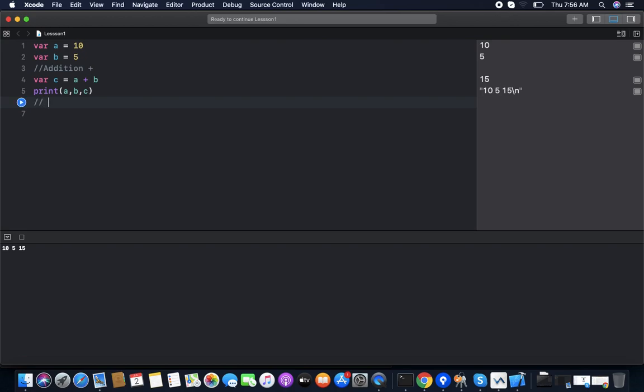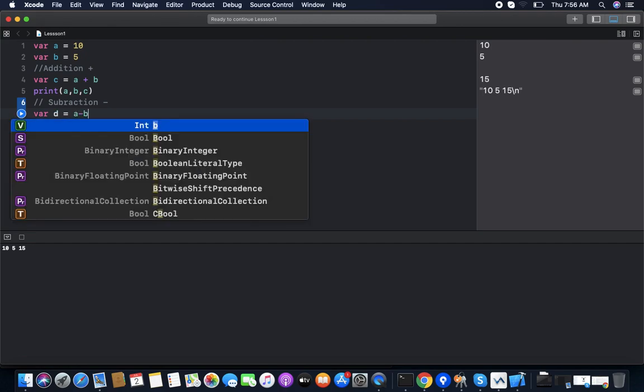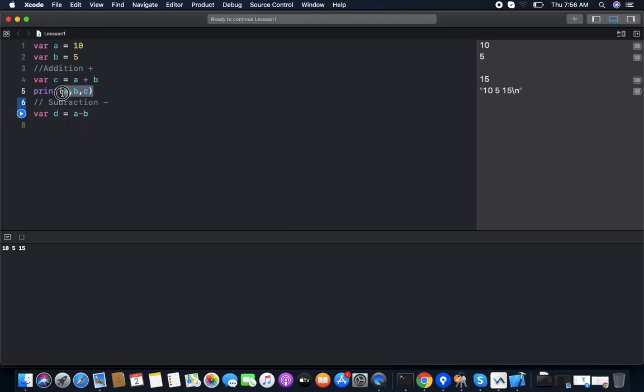Now if we are talking about subtraction, d equal to a minus b. Now print again a, b and d. So you can see a is 10, b is 5, and 10 minus 5, the subtraction, is 5.